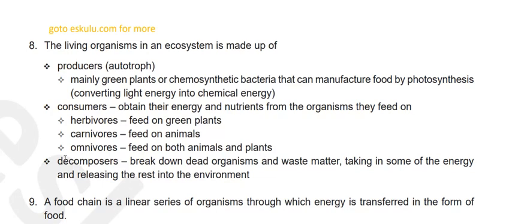Then we have decomposers. In the ecosystem, we have the producers, number one. Please write that one. We have the second one, which is known as the consumers: herbivores, carnivores, omnivores. I want to believe you understand this. The producers, we have talked about them. They produce energy, converting light energy into chemical energy, such as the green plants.